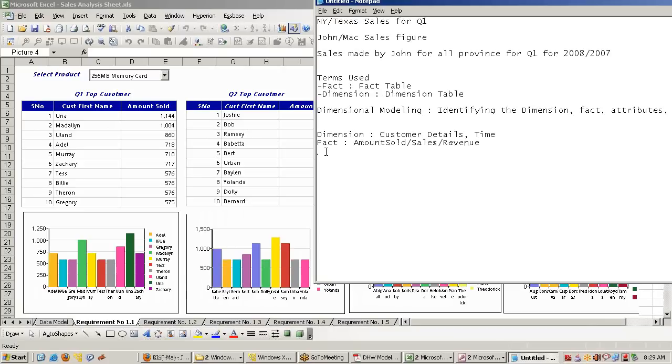A fact is some numeric which, when you apply aggregation, should bring certain meaning. So let's say I'm applying a fact test to ensure the given member is truly a fact. How do you ensure the given member is a fact or not? All numbers are facts, provided that when you apply aggregation on them, they bring certain business meaning. So let's say sales in this example, the intersection of quarter 1